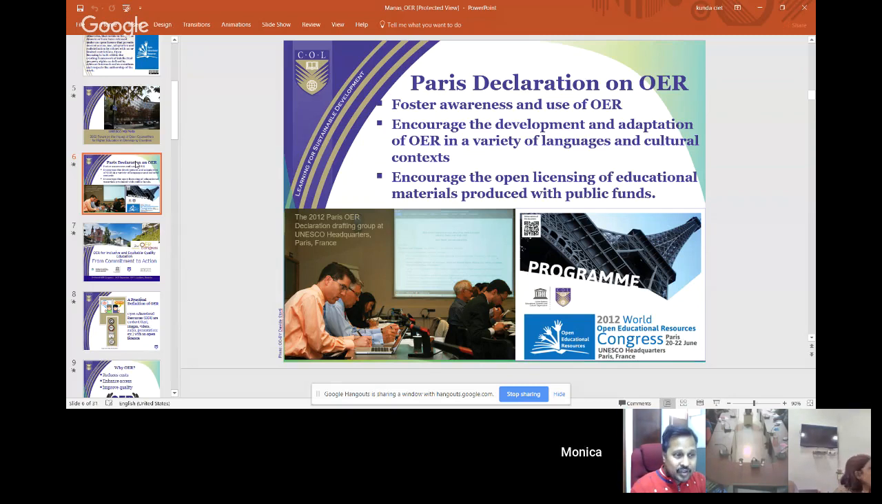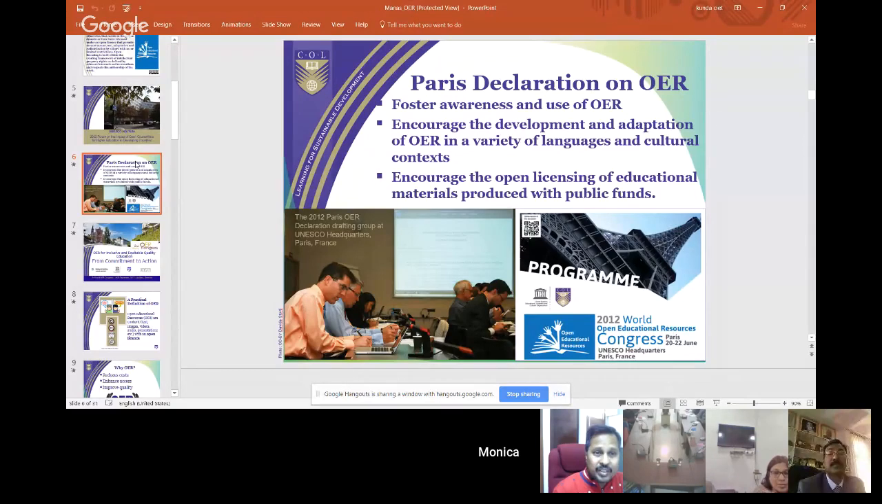So this Paris Declaration is saying that the contents we are developing using public funds should not be restricted from any point of view. They should be made available freely, with easy access, and in a usable format. The declaration urges that we focus on utilizing public funds in a way that can be developed effectively, and people should understand that these contents are required for them and they can use them effectively. Here also, in 2012, the Paris OER Declaration